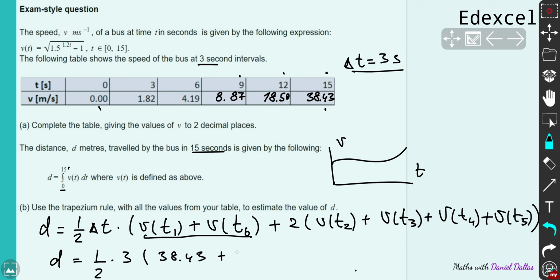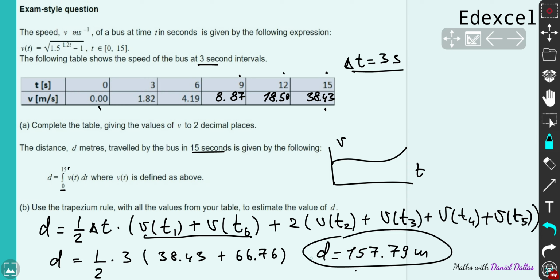So the double sum will give me 66.76 meters per second. And now we just simply need to multiply that, and finally we will get the distance equal to 157.79 meters. That's how we can use and apply the trapezium rule,